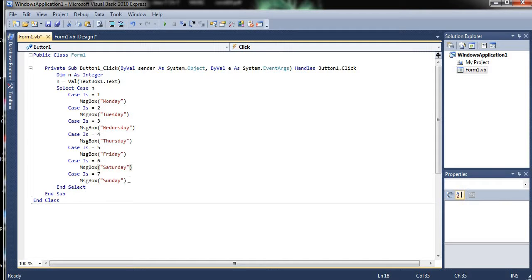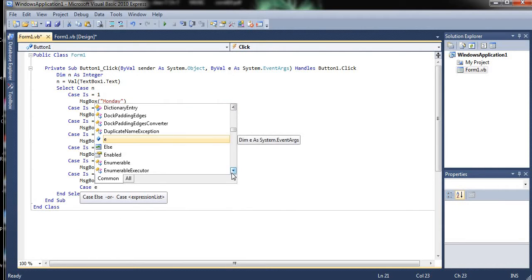And after that, suppose the user enters something other than 1 to 7, if any other thing is entered by the user, then what should be displayed? So that we can mention with case else, right? Case else.